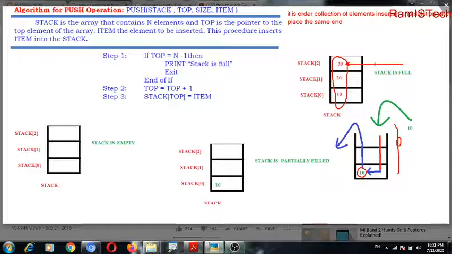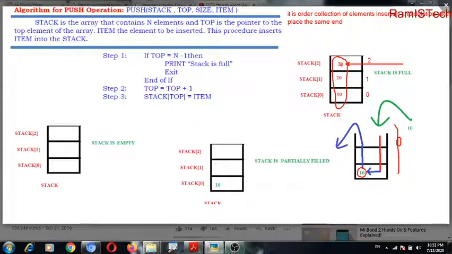So at which position is this 30 available? At the 0th position, element 10 is available, at the first position 20 is available, and at the second position 30 is available.